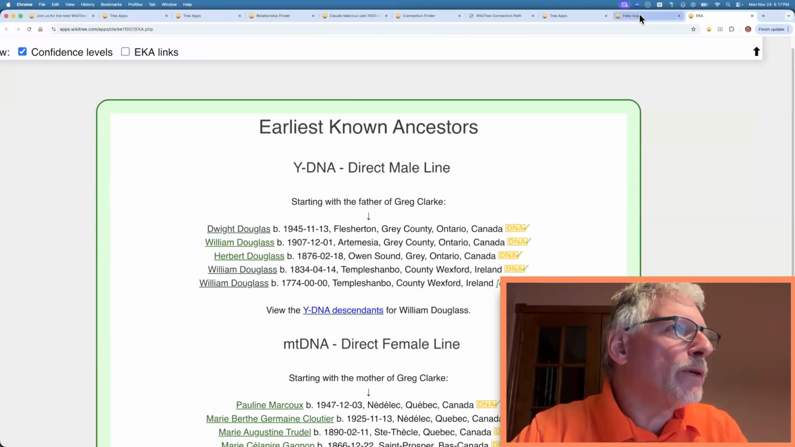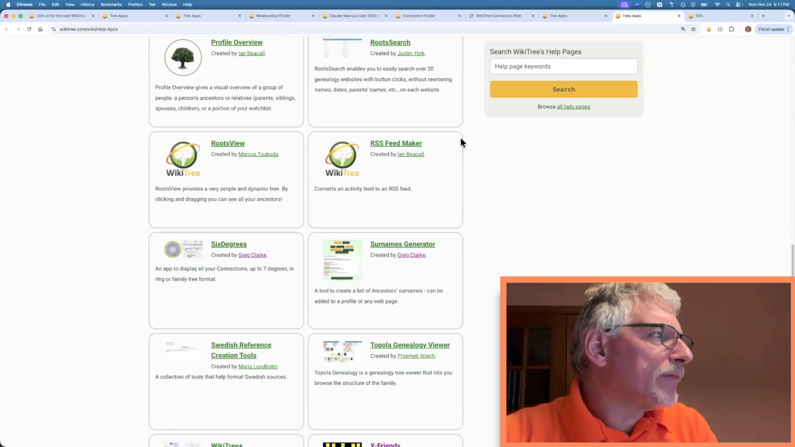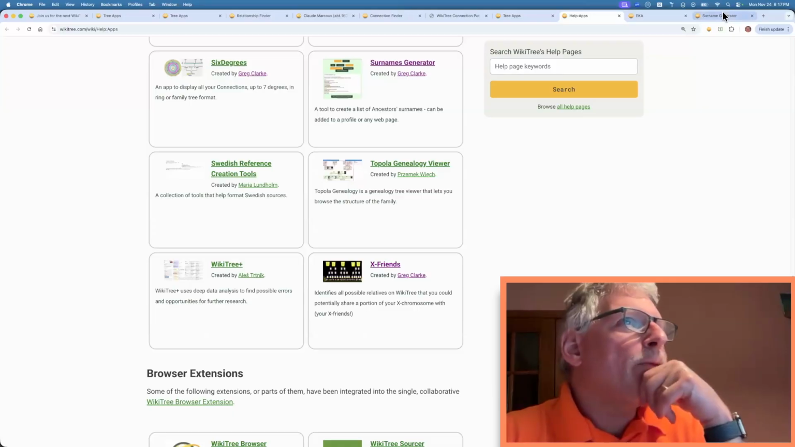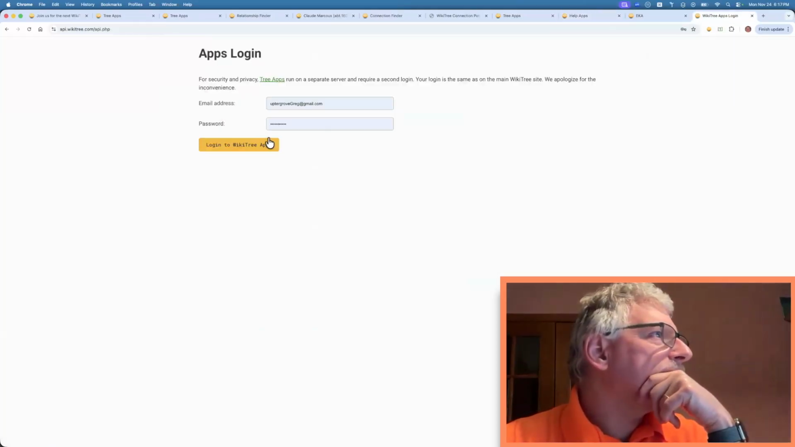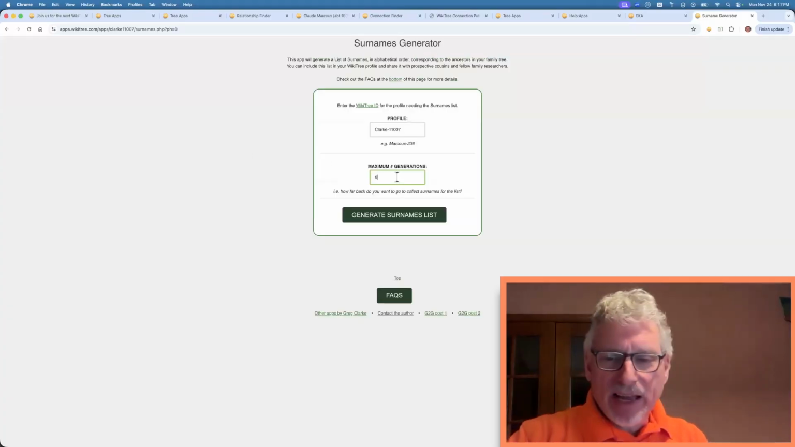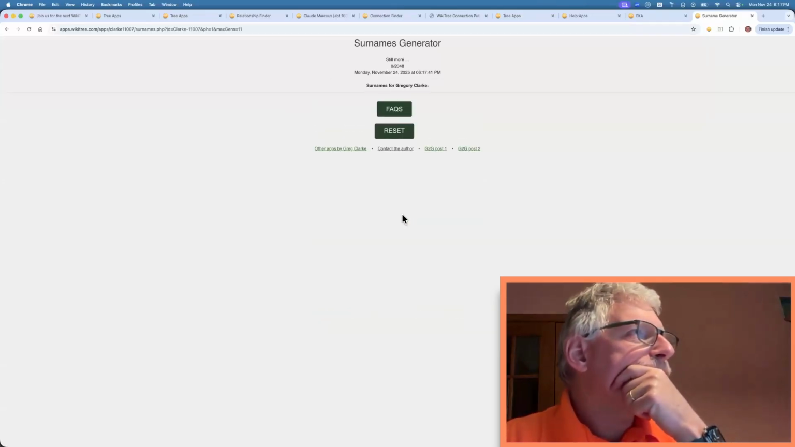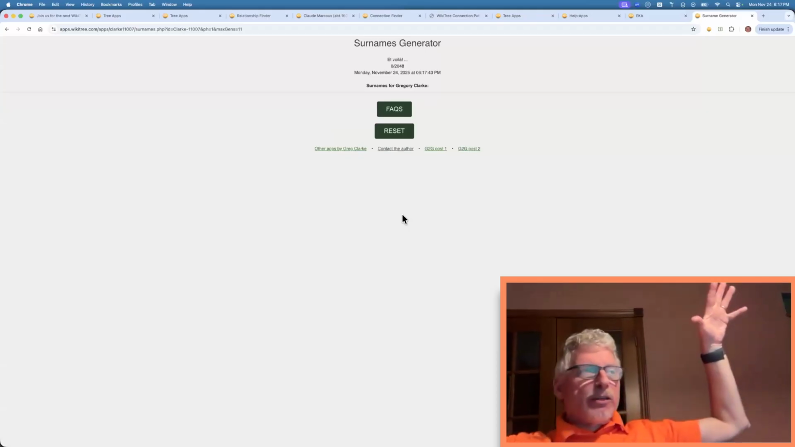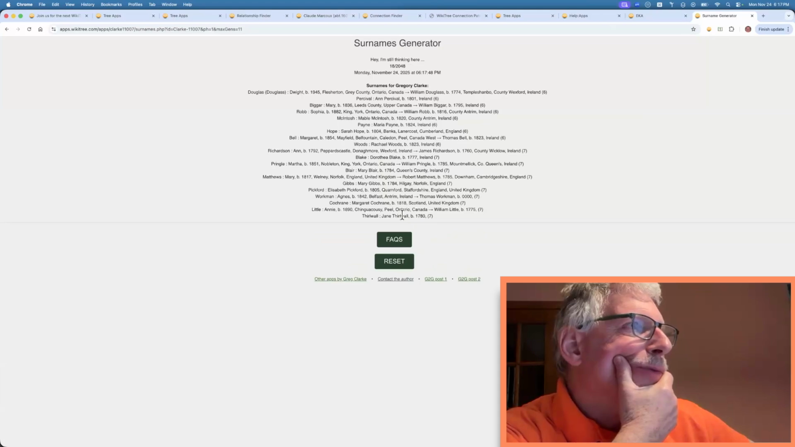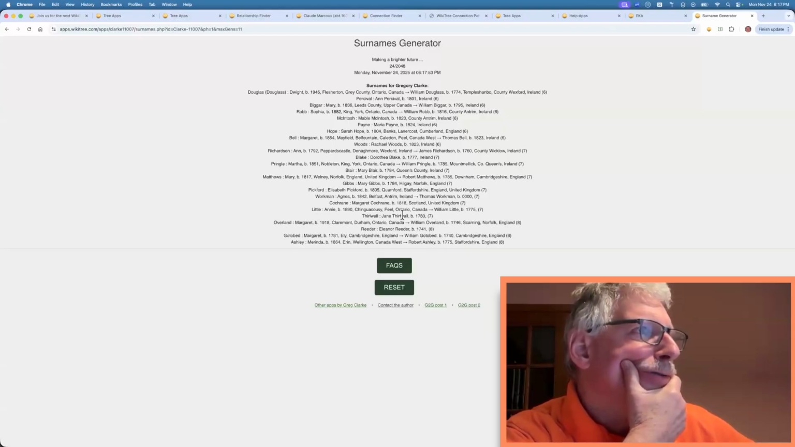The other one though is, let's see, the surnames. Where's the surname? Surname generated. And that one, let me log in. You choose a maximum number of generations. So if I go 11 generations, it's going to load my pedigree up to 10 generations out. And when it's all said and done,